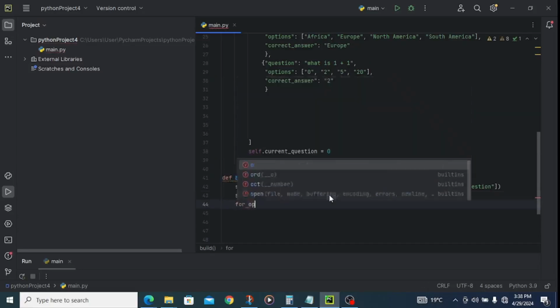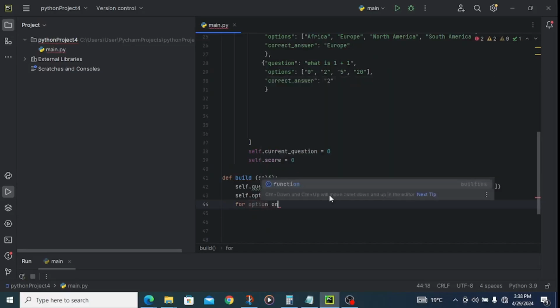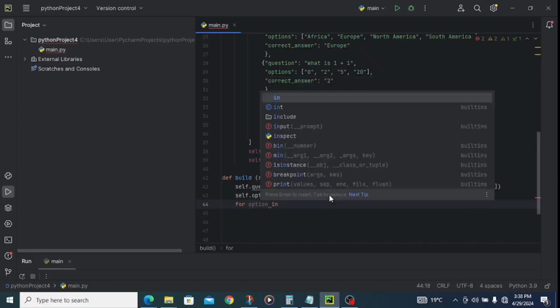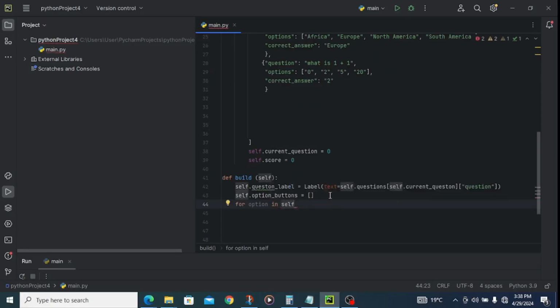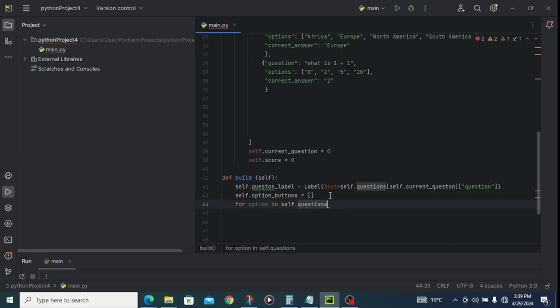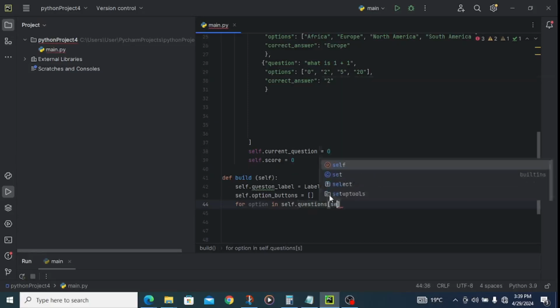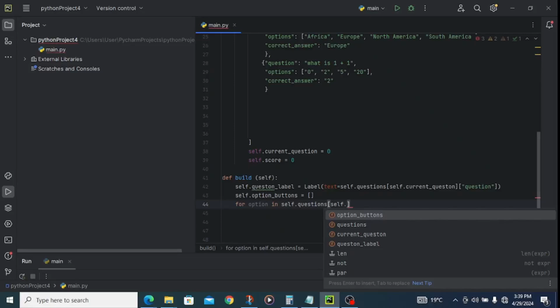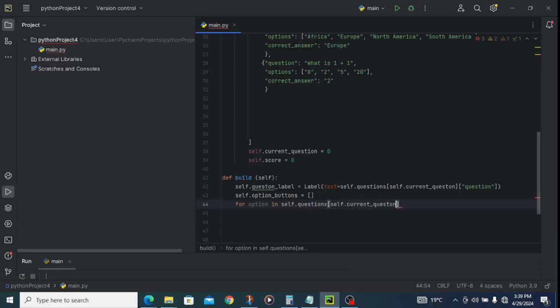Then for option in self.questions, then we're going to write self.current_questions, then we're going to write our options, like this, options, then